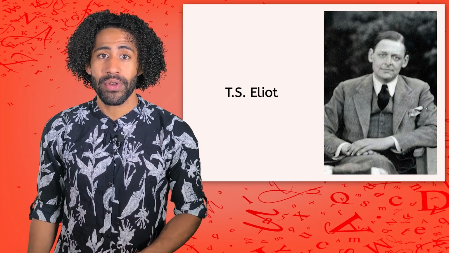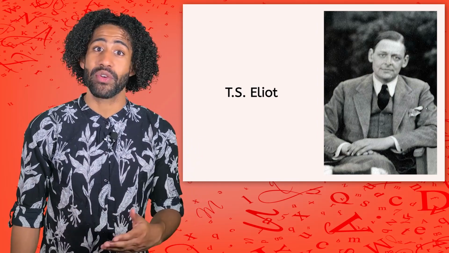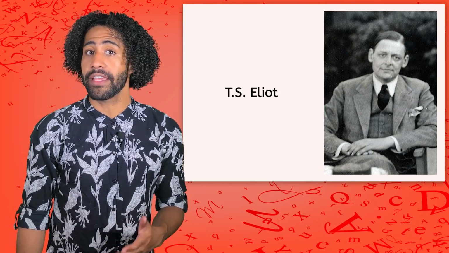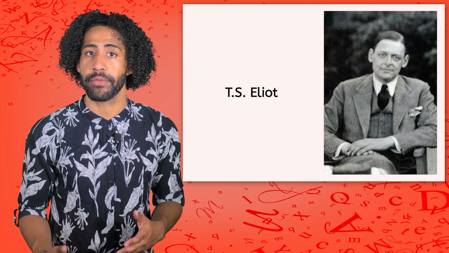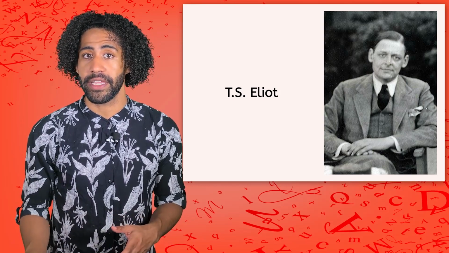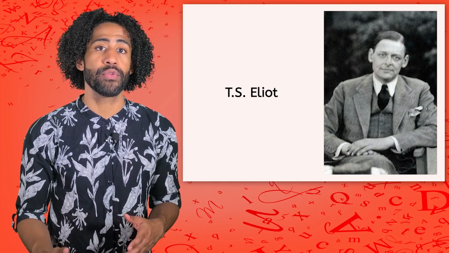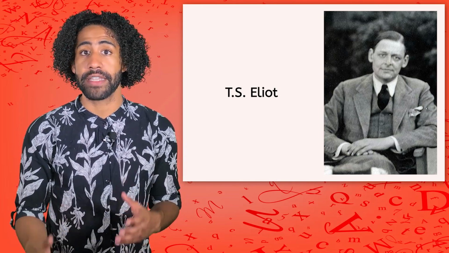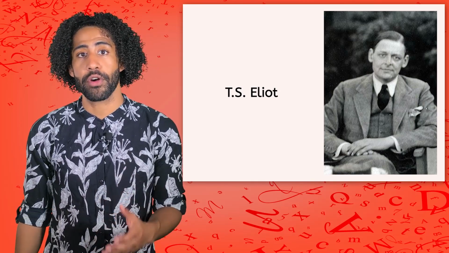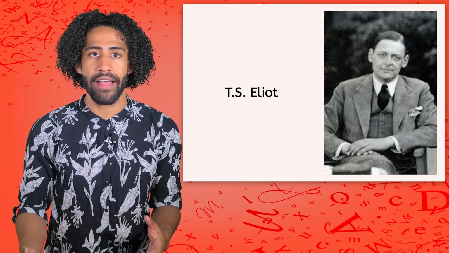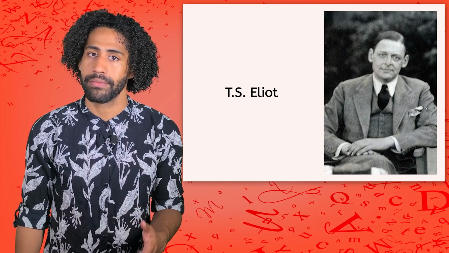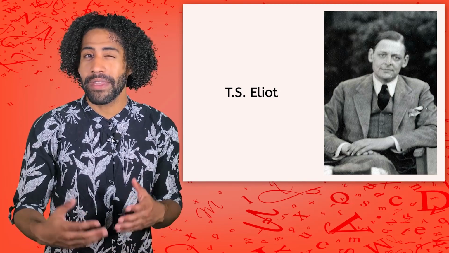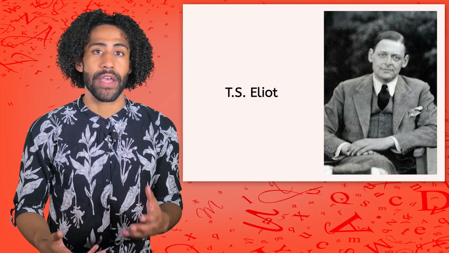T.S. Eliot was born and raised in St. Louis, Missouri, and he graduated from Harvard University in 1906. Like a lot of modernists, Eliot moved to Europe and connected with an artistic community there. In 1915, he published The Love Song of J. Alfred Prufrock, a poem that follows the stream of consciousness ramblings of an indecisive speaker who is searching for purpose in a modern world that's filled with triviality, artificiality, hypocrisy, and emptiness. The format of the poem is disjointed and fragmented, a bit chaotic, and it sets the tone for much of